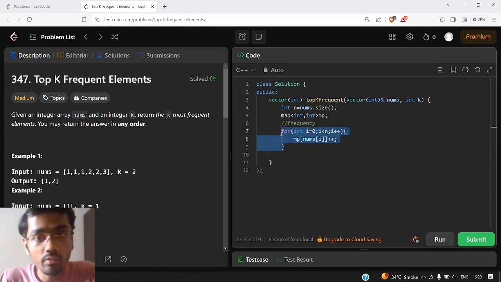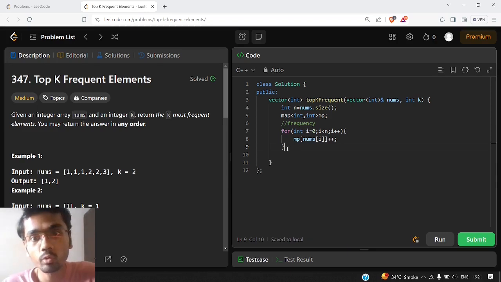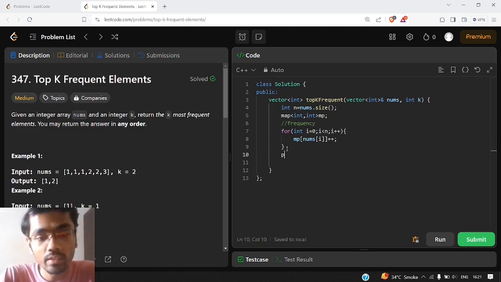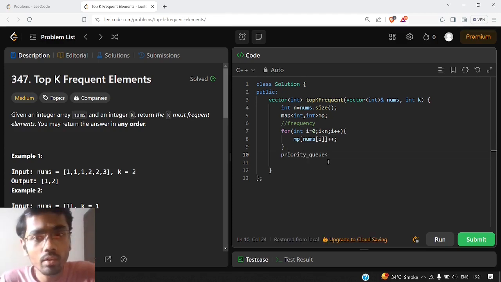Now when we have stored this frequency in our map, what is our next task to do? We need to store all these frequencies in our priority queue or max heap. So we will first initialize the max heap, and we will not just keep the frequency in our priority queue but also the number which is beside that frequency.